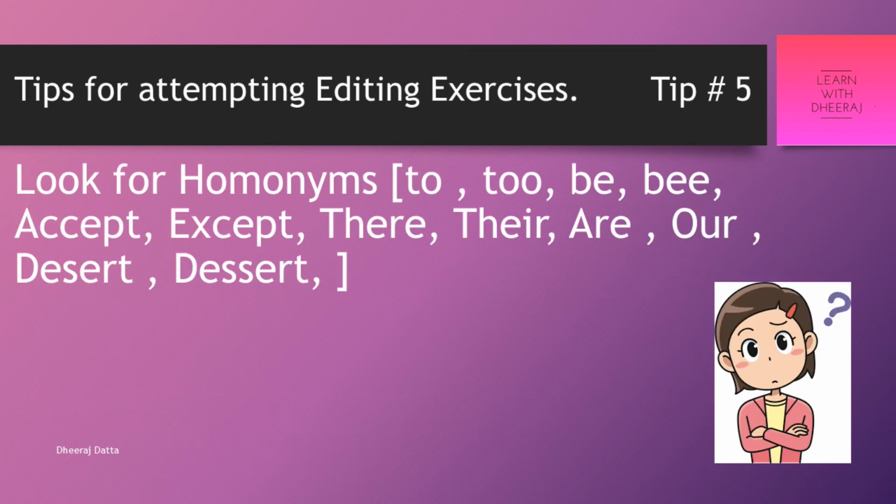Now tip number 5. We should know and learn homonyms because they are very confusing. Many students easily get confused with the use of there, which is THERE, and the other there, which is THEIR. Okay, some more examples of such confusing words are two with the single O and TOO with double O's, or except, which is ACCEPT and EXCEPT. So please clarify your confusion because these kinds of tricky words are also very commonly used in editing exercises,